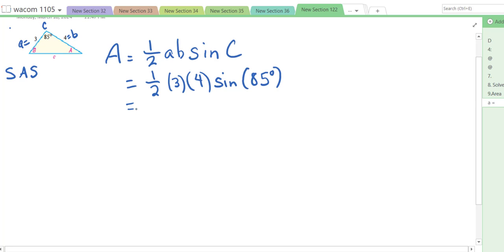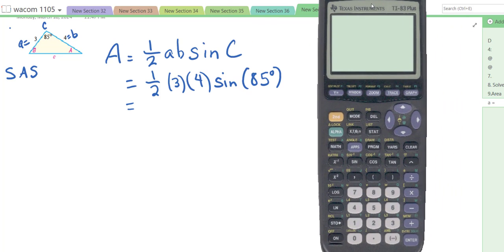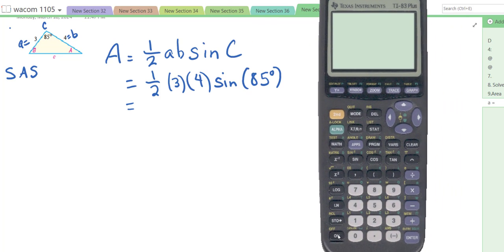So it's just a matter of plugging in to your calculator. So half, you can put a half or you can put 0.5. It doesn't really matter. We'll just put 0.5 times 3 times 4